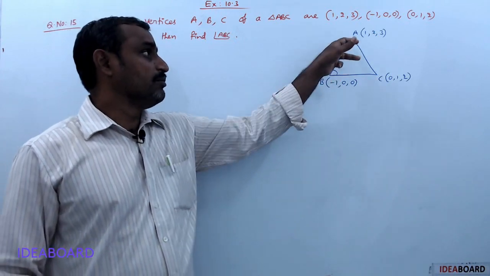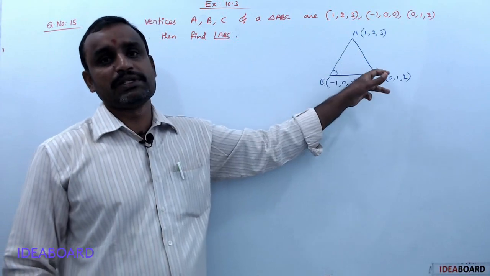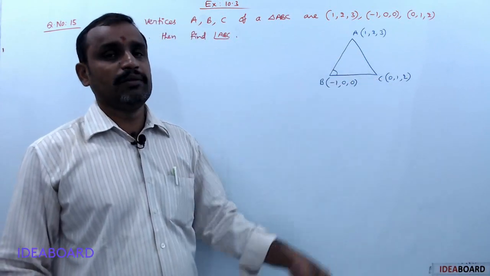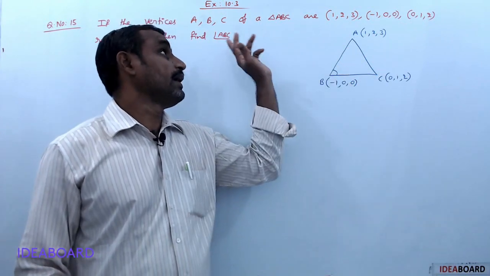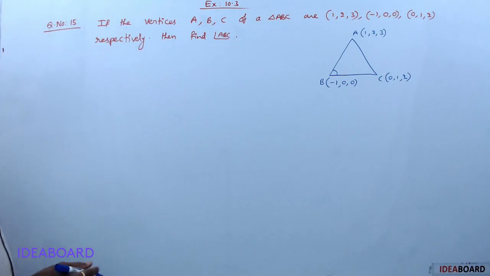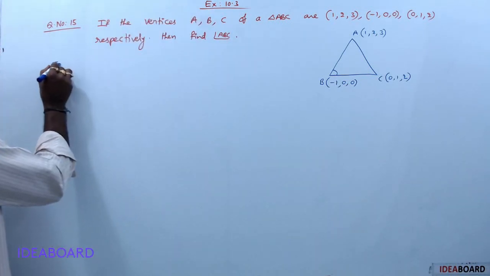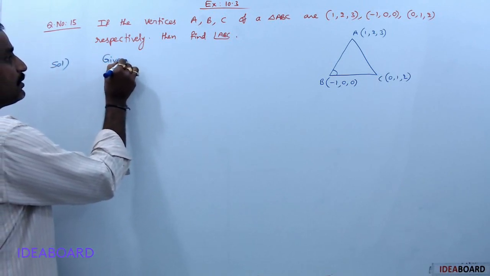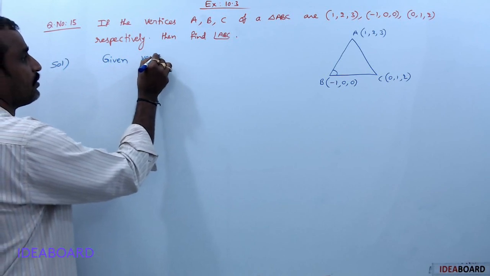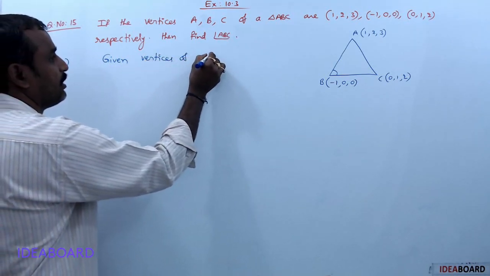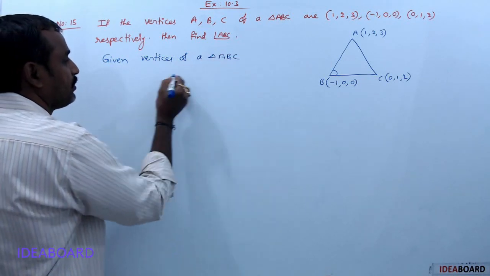You can calculate the BA bar and BC bar vectors. After that we can find the angle between them, and then you will get the angle ABC. So in that procedure, first you take the given vertices of triangle ABC. Now the solution for this: the given vertices of a triangle ABC are